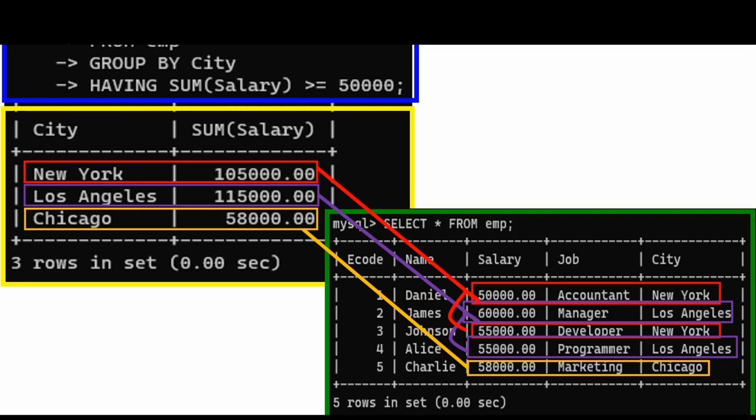Next line, group by city. The group by clause is used to group the rows in the result set based on the values in one or more columns. In this query, the data is grouped by the city column, which means that the subsequent aggregation functions will be applied separately for each unique city. Next line, having sum of salary greater than or equal to 50,000. The having clause is used to filter the grouped results based on a specified condition. In this case, it filters the cities where the sum of salaries in each group is greater than or